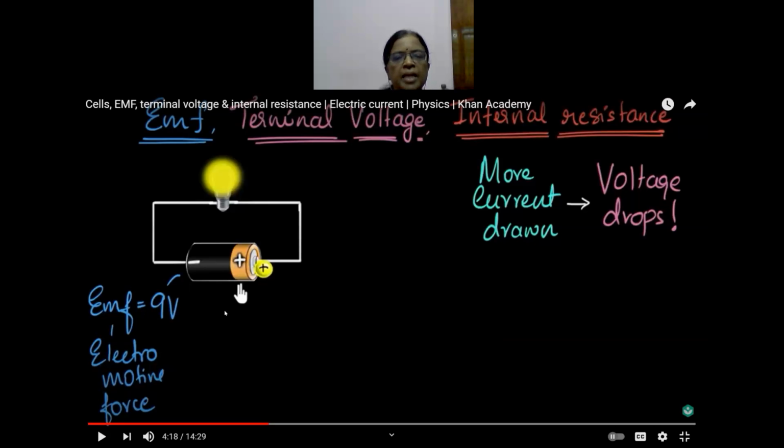So let us study this as the positive terminal, and this as the negative terminal. Due to the chemical reaction, one electrode becomes positive, the other electrode becomes negative. Okay, let us study like that. One electrode is positive, another electrode is negative. And then, in order to move a charge, actually electrons are moving from negative to positive.